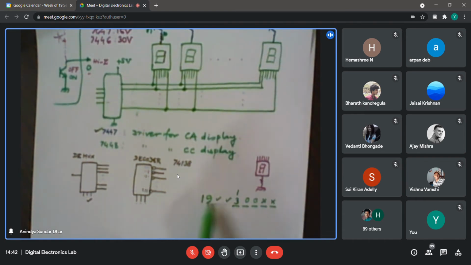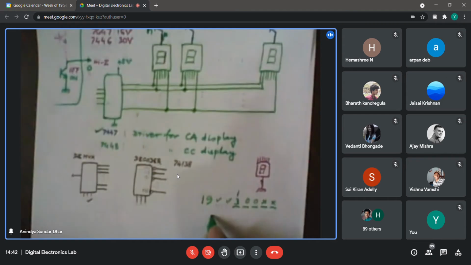In that way, 1, 2, 3, 4, 5, 6, 7, 8, 9. So let us just compress this a little bit. So let us say we display 19, whatever your departmental code is. Just put 1 0 over there in place of 2 0. Okay, anyway, earlier we said that there is a long 0 getting displayed and then your roll number.